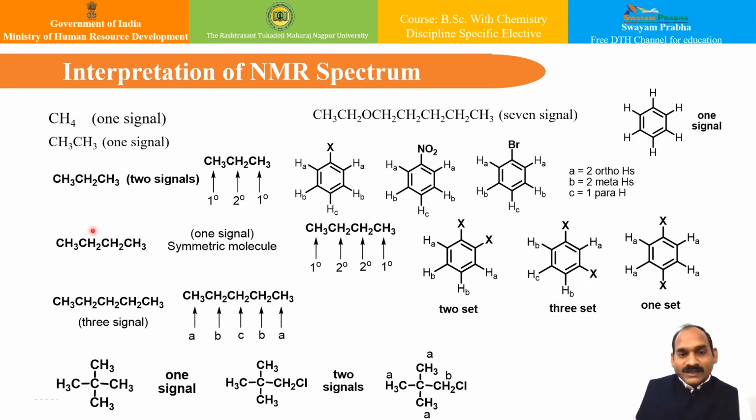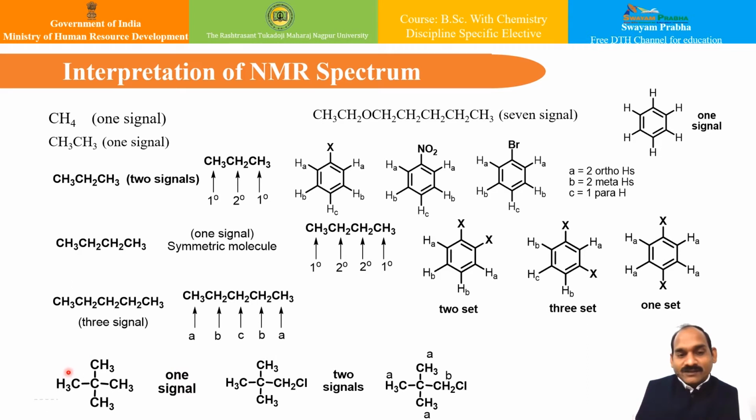So there will be two signals, first kind and second kind. In the case of butane, you can have the symmetric molecules, like there is one kind of proton and the other kind of proton. So there will be complete symmetry, and therefore there will be only one signal. Likewise, in this case, you can have one kind, second kind, this is third kind because the environment is changed, this is again the second kind, and this is first kind. So all in all, 1, 2, and 3. So this particular compound will give three signals in your NMR.